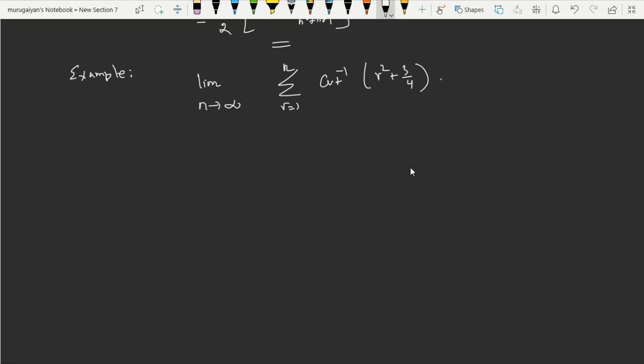As a first step, you should remember the property: cot inverse of x is tan inverse of 1 by x. Very important property of inverse trigonometric function. Cot inverse of x is equal to tan inverse of 1 by x. Applying this,